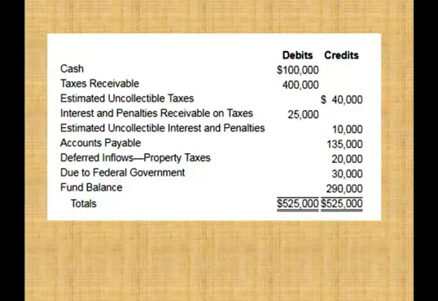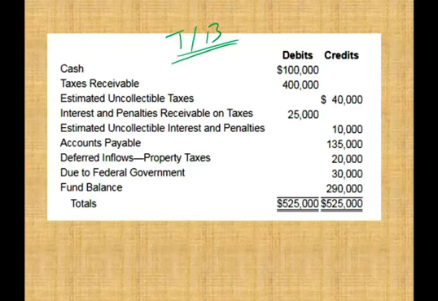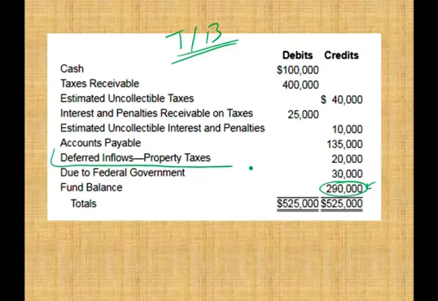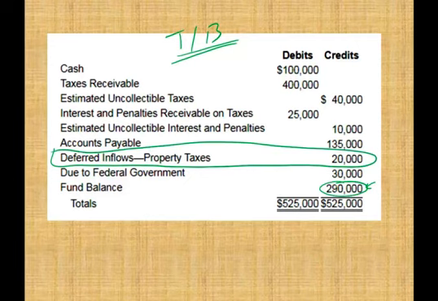Okay. Now, again, I'm going to show you the trial balance a few times at the beginning of the year. Then I'm not going to show it to you anymore. This is the original trial balance. So basically what we did is we reestablished this 290,000. Remember, we said we have 20,000 of deferred inflow of property taxes. What does that mean? It means that's the amount we're going to be receiving 60 days in